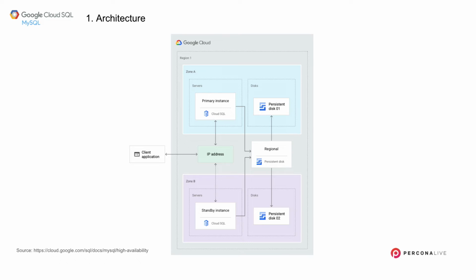So when the primary instance writes something, the database writes something to the disk, it will actually be written to 2 disks in 2 zones, or 2 storage nodes, pretty much. And then, of course, high availability we'll have a look at later, but you can suspect that the standby can take over with this disk. Important, the IP address doesn't change, so you can just look at this as your database that you'll use. And of course, you can deploy replicas, multiple replicas. They will use standard asynchronous replication